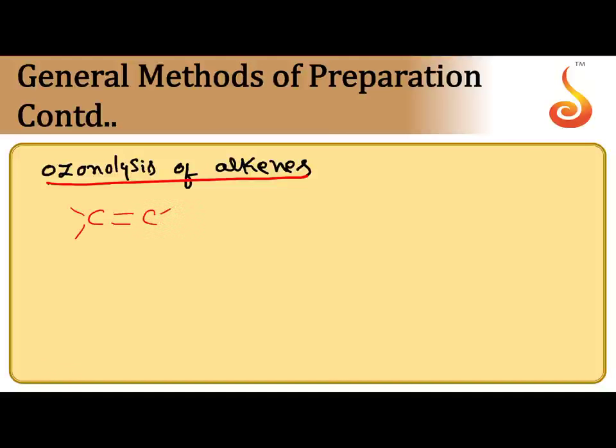When alkene is subjected to ozonolysis, first an ozone molecule is added, forming ozonide. Second, decomposition by H2O in the presence of zinc dust. So finally what happened? The C=C double bond is broken. Each carbon takes one oxygen through a double bond. So we can get 2 carbonyl compounds. Both may be aldehydes, both may be ketones, or one may be aldehyde and one may be ketone.